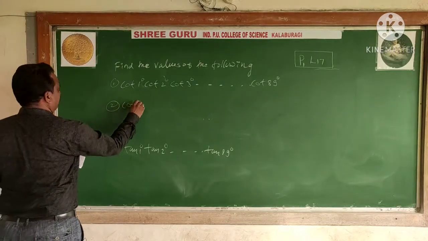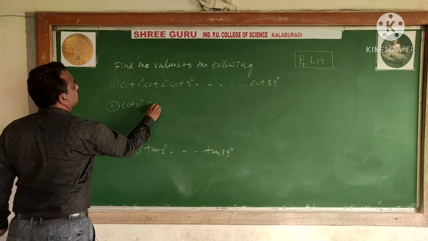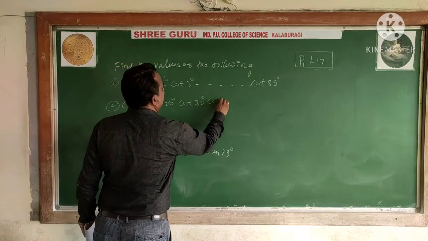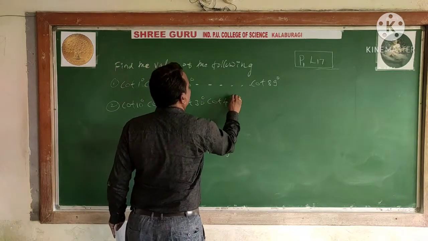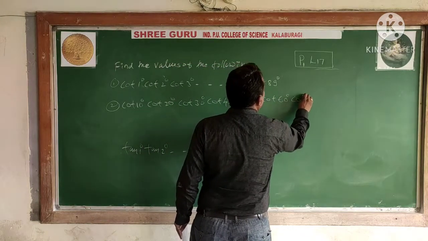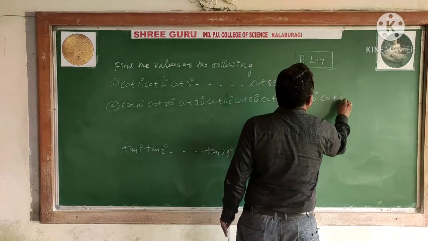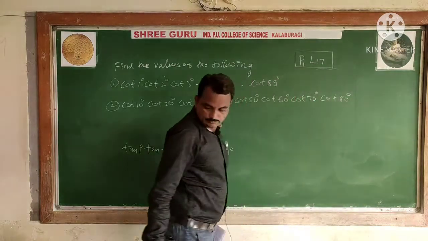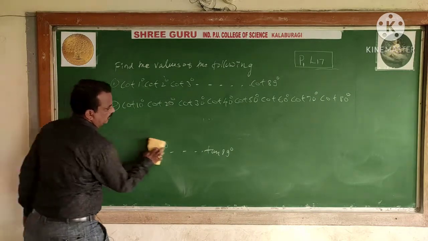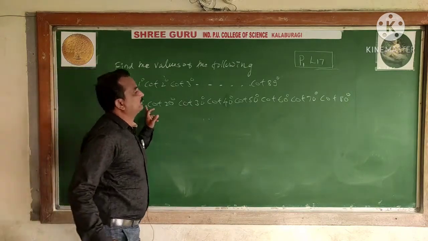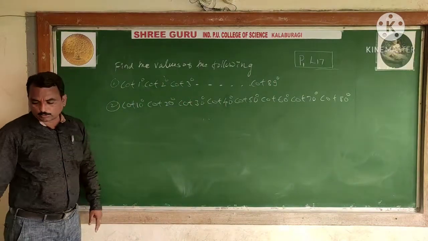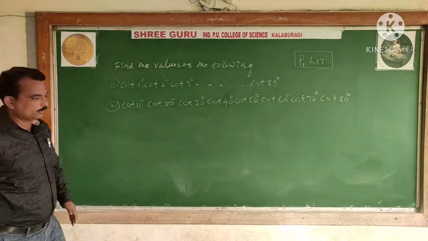And one more: cot 10 degree, cot 20 degree, into cot 30 degree, into cot 40 degree, into cot 50 degree, into cot 60, cot 70, into cot of 80 degree. Up to this you may calculate their products, and both examples are products. It is 1 to 89 and it is 10 to 80. Products are different sometimes, and it is continuous, all the concept. So cot 1 to cot 89. I hope you calculate these two examples.